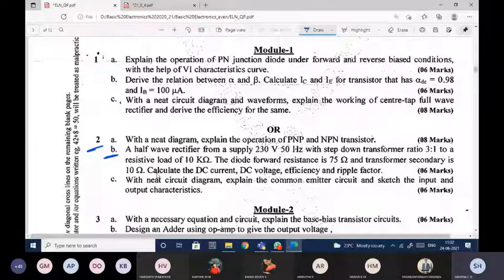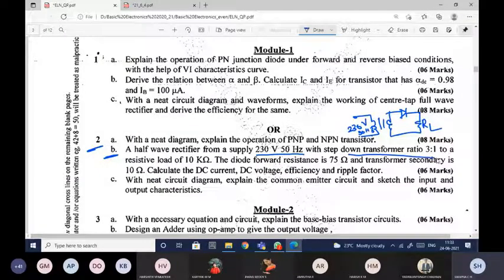A half wave rectifier, you can write in short as HWR. It's not wrong. A half wave rectifier from a supply of 230 volts 50 hertz. Half wave rectifier in the sense this is how the circuit will be. You will be using only one diode, and I'll have the load resistance RL. He's saying that the supply to this half wave rectifier is 230 volts 50 hertz